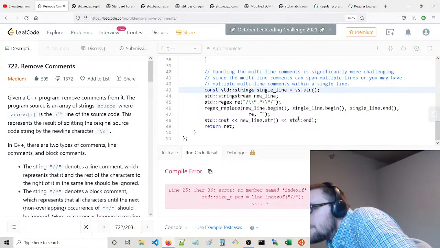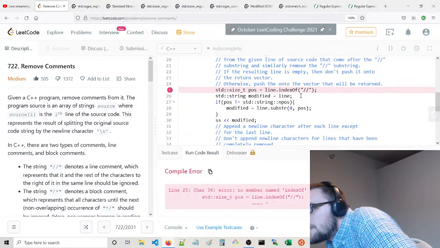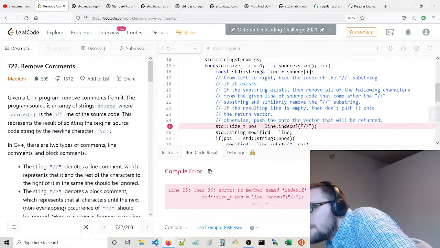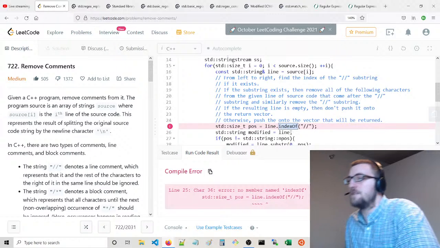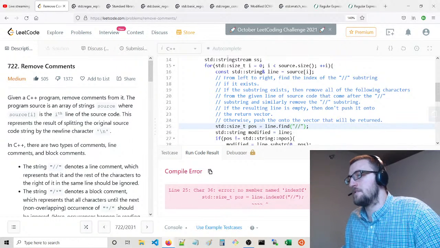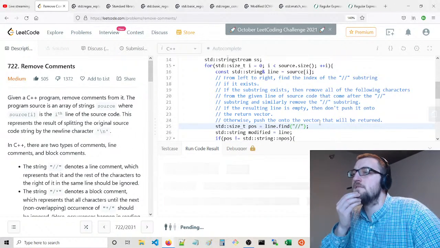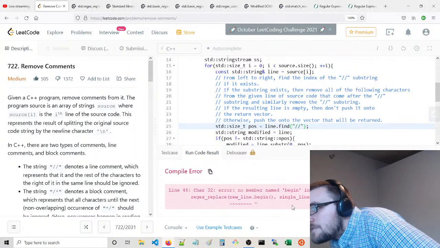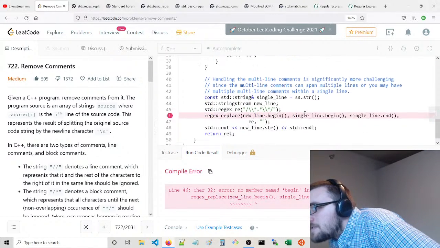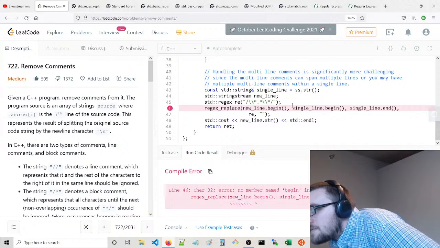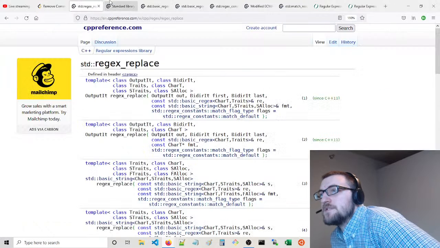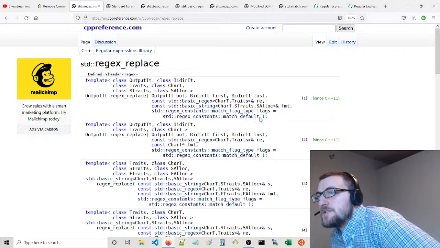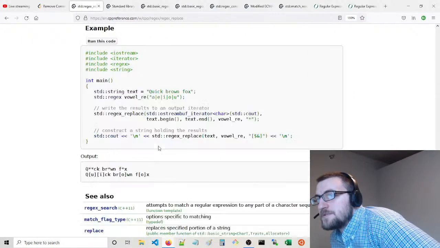Okay, index of: no member named index of. Maybe it's just find then. It could just be find. Remember begin. So how did they use this regex replace?